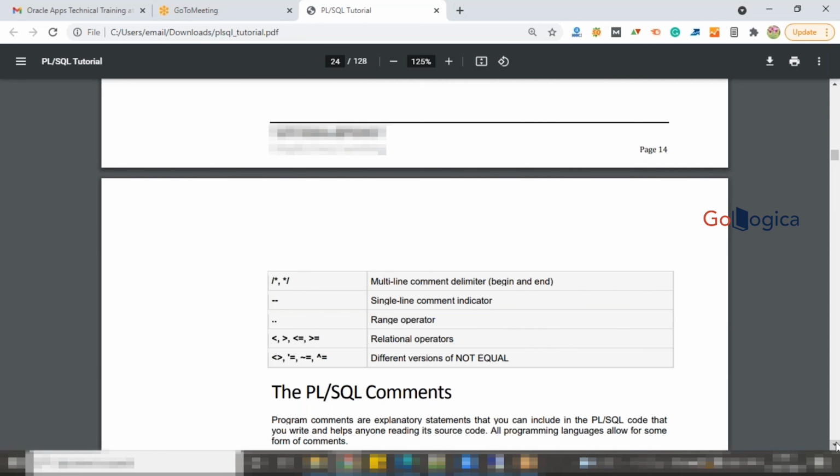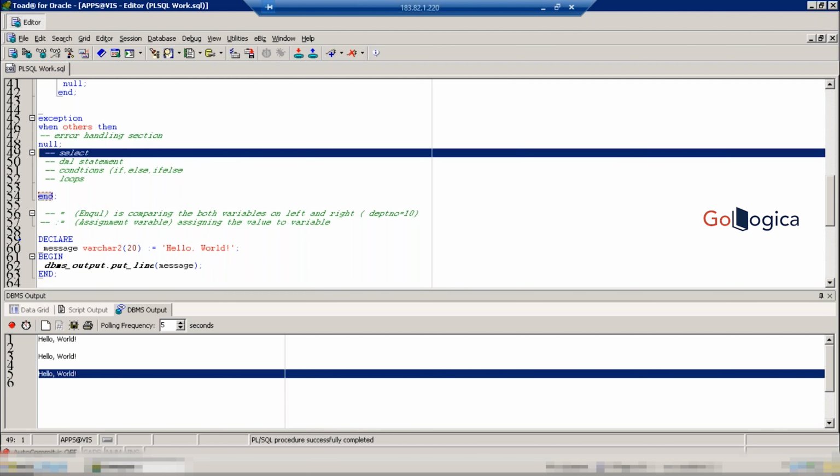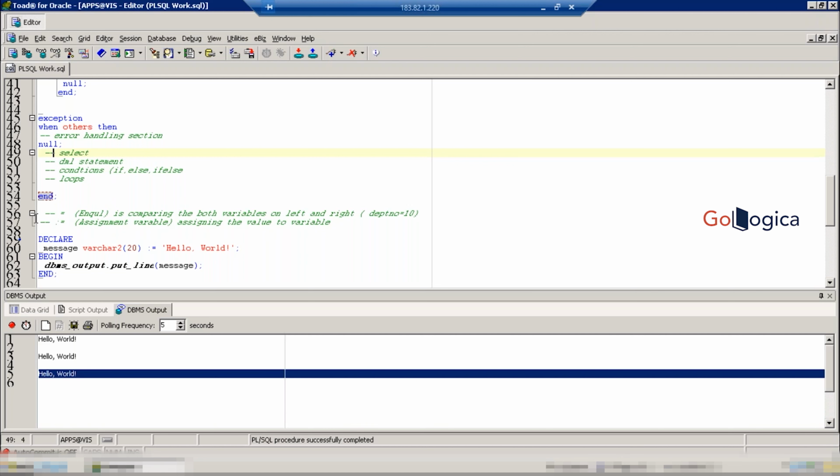So slash star and star slash, it's a multi-line comment delimiter. So see how we're going to use it, sir. So this is a multi-line commenting. This is a single line commenting, just hyphen, called a single line commenting. Suppose I want to comment the entire statement. See, suppose you use a slash star, and you use it as a